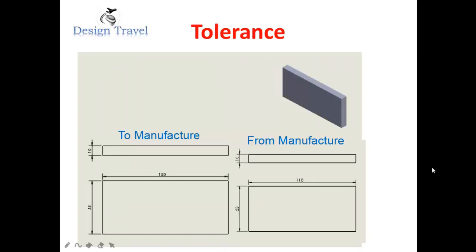In this example we can understand the tolerance easily. You can take this plate as an example. I am going to give the design of this plate to the manufacturer. You can see the width of this plate is 120 mm, and the height is 55 mm. And this is from the manufacturer. After the part is manufactured, I am inspecting the component: the width is 118 mm, the height is 53 mm. So 2 mm is reduced in both the height and width. So it is not that much error based on the tolerance.